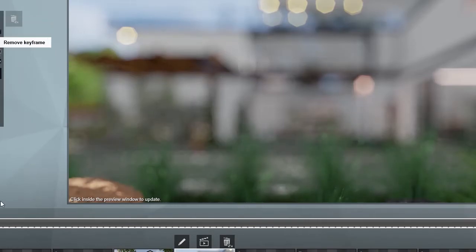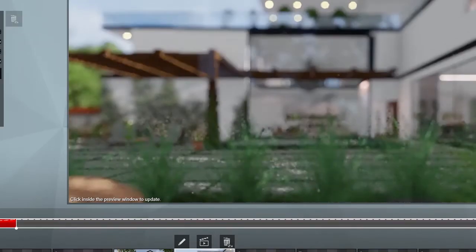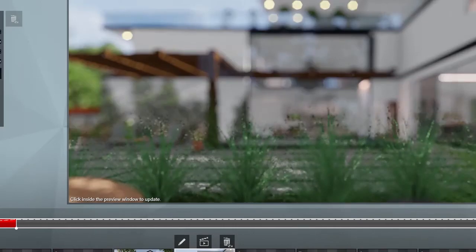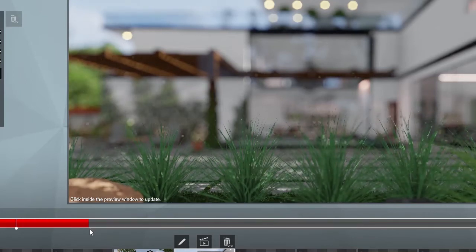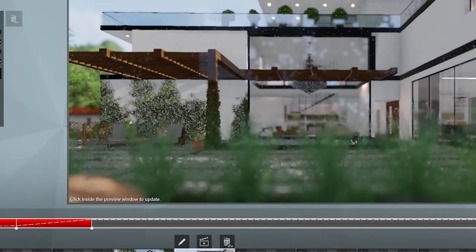Now we can create a keyframe, change the focus, go back, create another keyframe, and show front plans. We wait a little bit, we go forward, create another keyframe, change the focus distance, go back